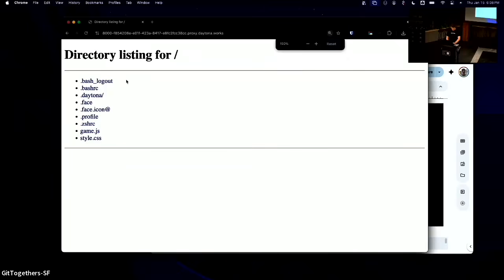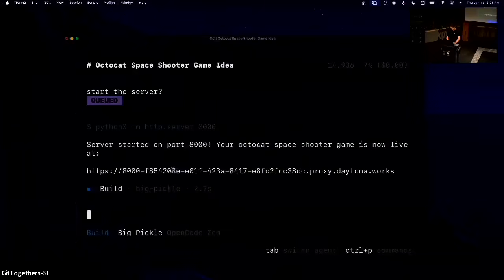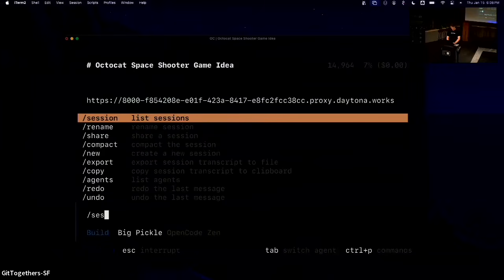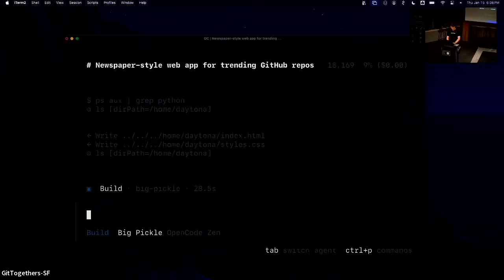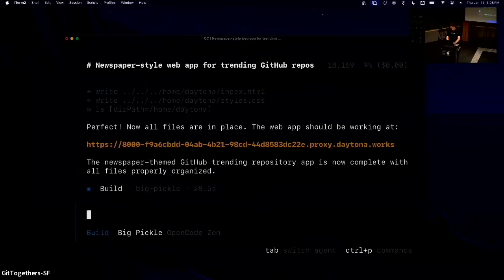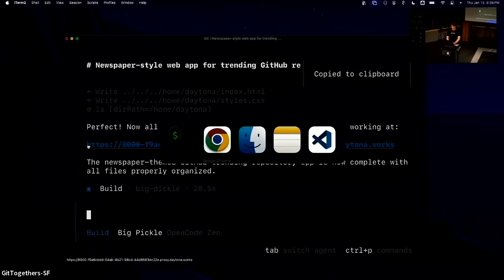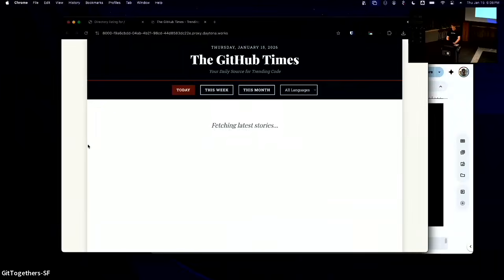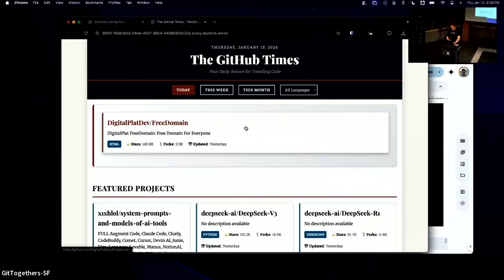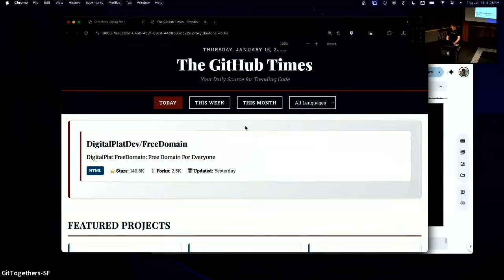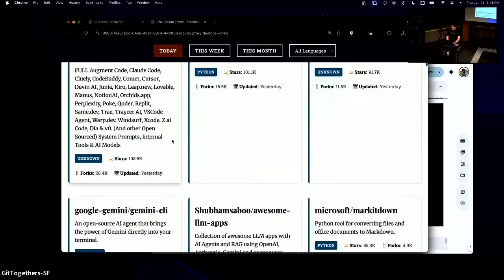Well, it definitely did create something. It has some JavaScript and some CSS here. Let's see, missing the HTML file. And let's try this one. As you can see, it's super useful to be able to run multiple agents at the same time. So this is one that finished, the first prompt. And yeah, I mean,